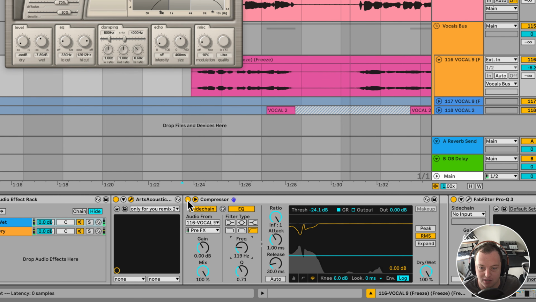And let's hear it without the compressor. Somebody close the door from the inside. So notice all that reverb that's there, and then when I turn the compressor on,